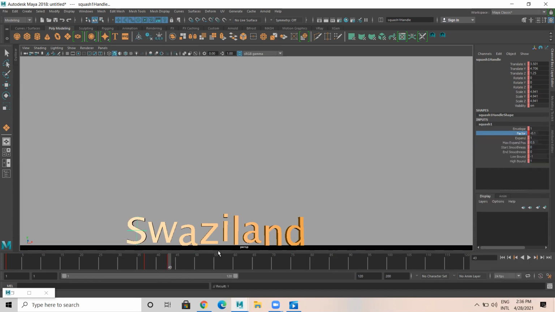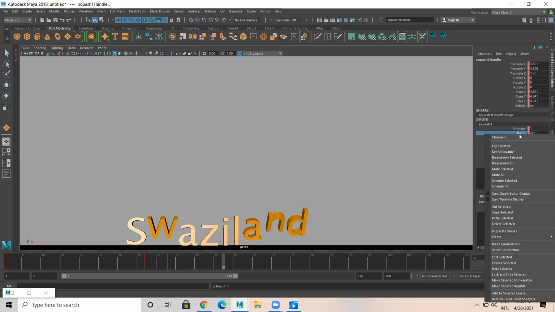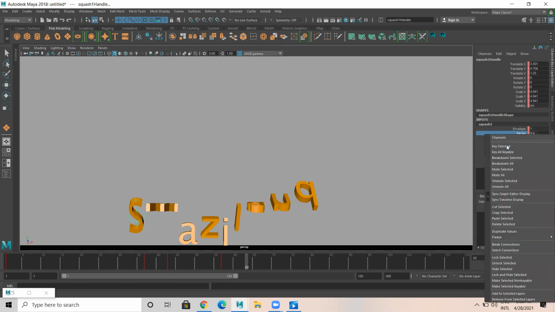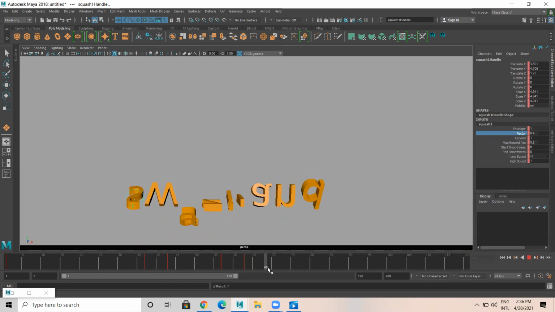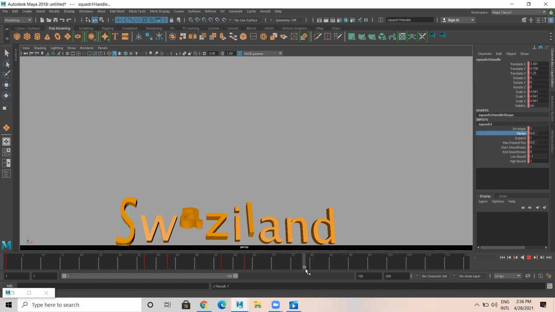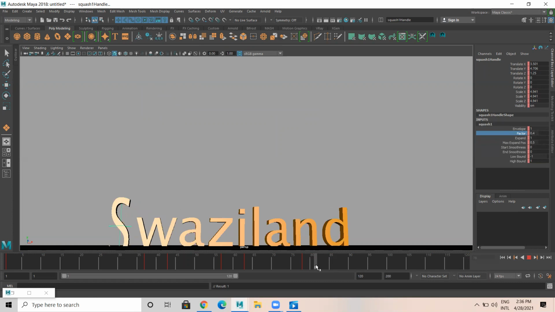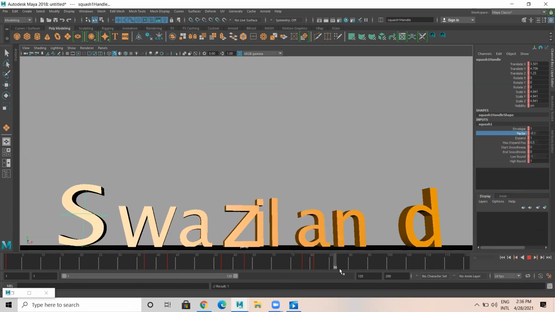So I key here, then after this it's the same, key selected here, set key, key selected, and I click here, key selected.